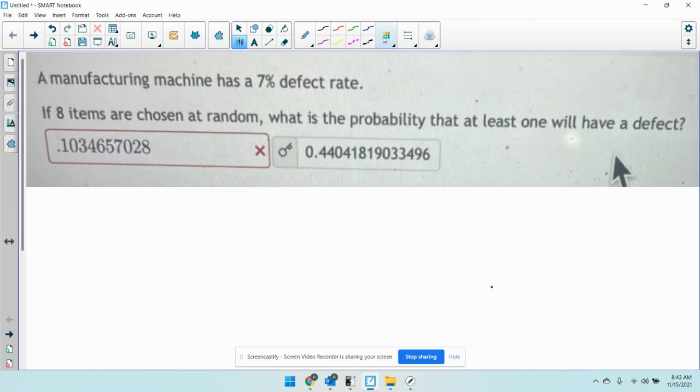All right. It says a manufacturing machine has a 7% defect rate. If 8 items are chosen at random, what is the probability that at least one will have a defect? So for all of the problems in this chapter, we're using the binomial PDF or binomial CDF. So we're looking here for the probability from 8 trials that at least